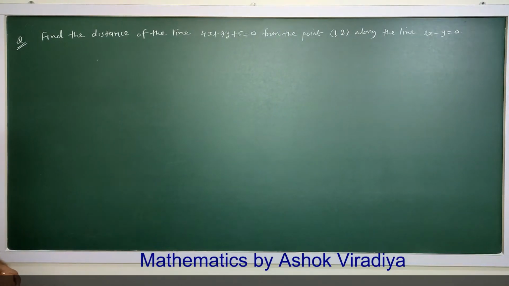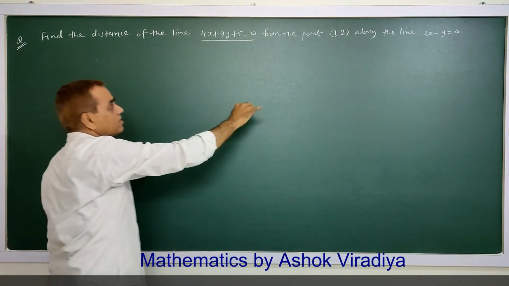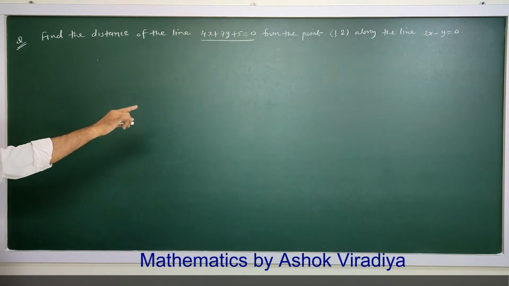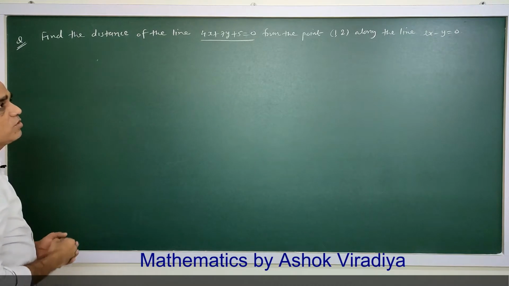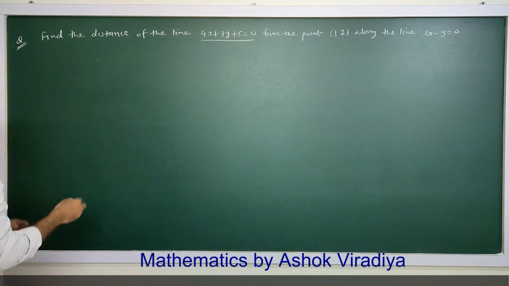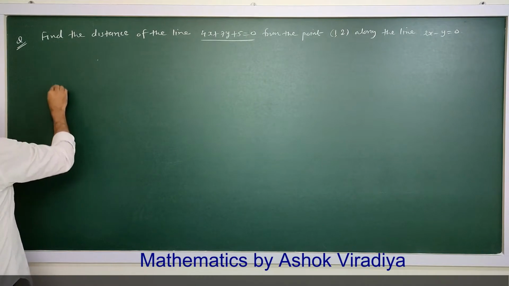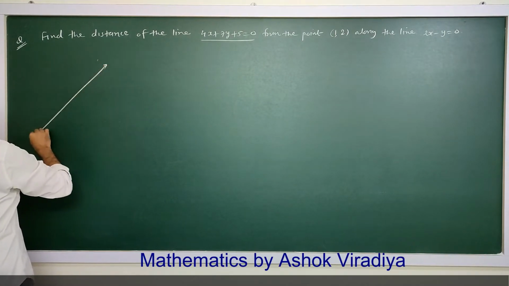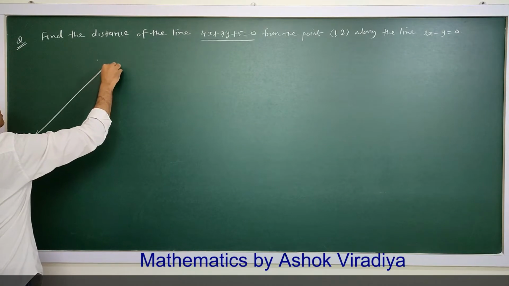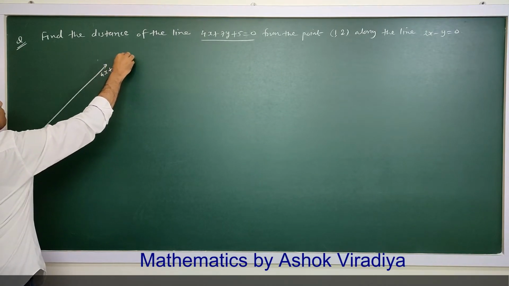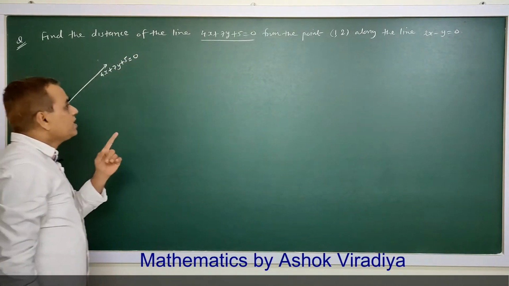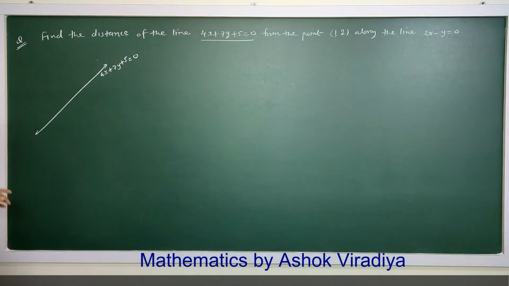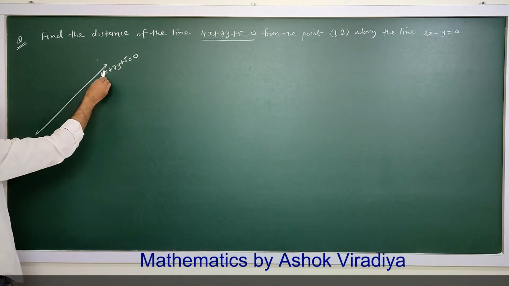Now next question, find the distance of the line from the point 1, 2 along the line 2x minus y equal to 0. Say here this is a line. Suppose I am taking this line is 4x plus 7y plus 5 equal to 0, and a point is given 1, 2. The point 1, 2 doesn't lie on this line,